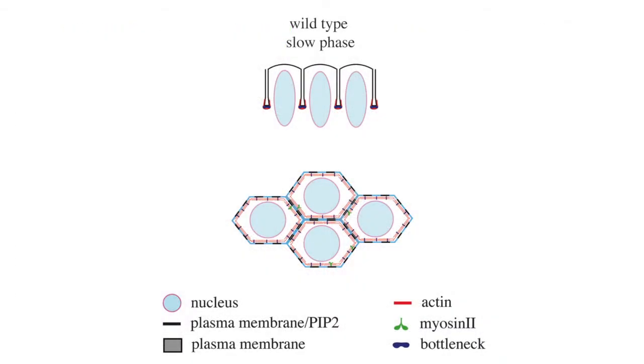So our model suggests that the levels of phosphoinositides, particularly phosphoinositide PIP2, are stable during cellularization and are required for the initial assembly of an actomyosin network, and that this network needs to be kept on hold during the phase of plasma membrane expansion. And this is controlled by the presence of another phosphoinositide, PIP3, and recruitment of the